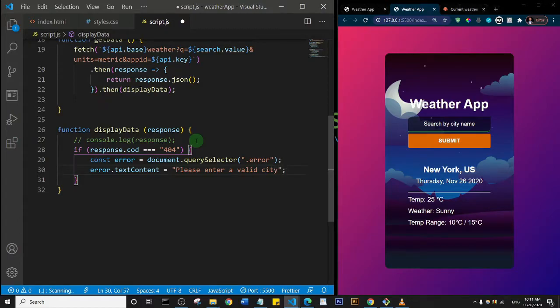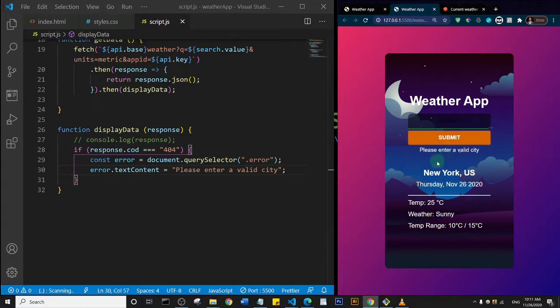And let's close that up. So let's save and try that out. I'll just enter some text and see. It says please enter a valid city, but as you can see the text is black, but it still shows there. So what we're going to do is we want this